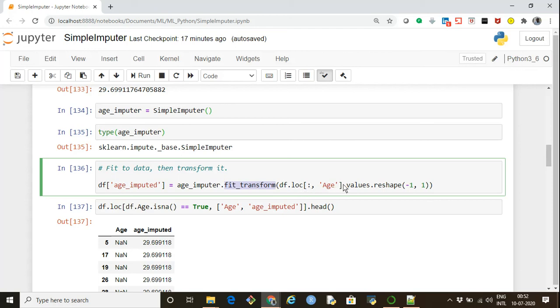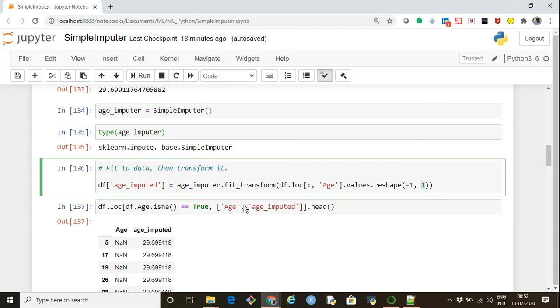I'm converting it into an array using .values, and then reshaping it as (-1, 1). The -1 indicates any number of rows, and it should have one column. So it will convert the age column into a two-dimensional ndarray.